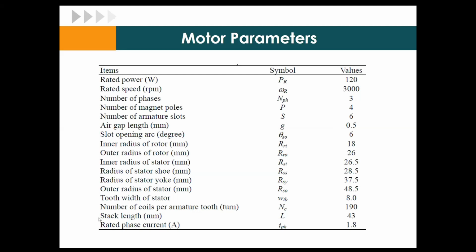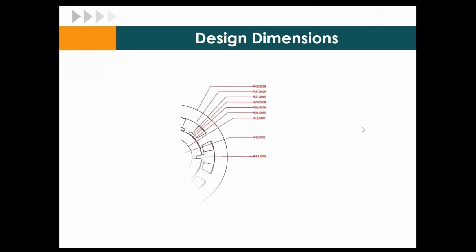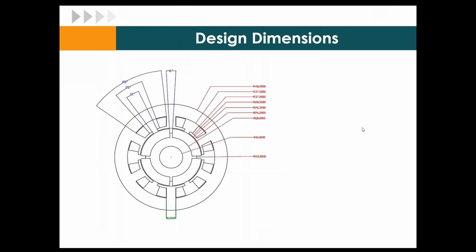This machine has a stack length of 43 mm. So it is a small size motor with 3000 RPM and rated power 120 watts. As I said in the morning session, first this is the line diagram of the motor which we are